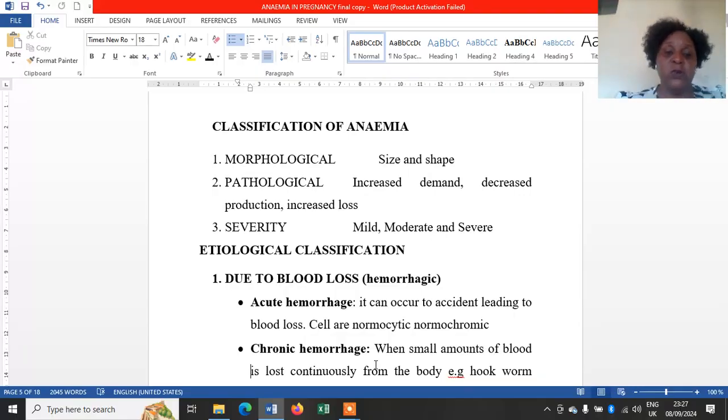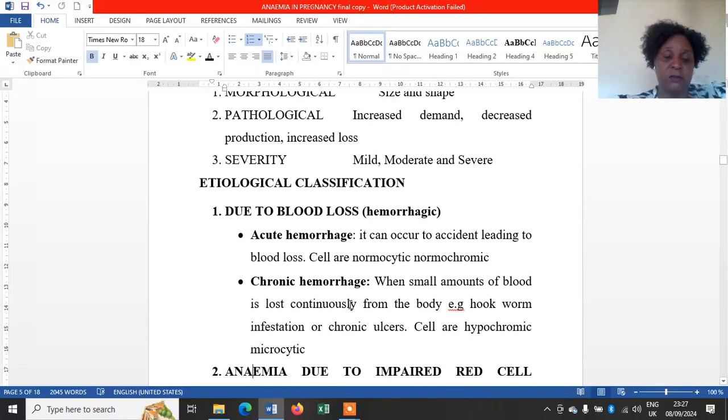Or we can also look at the etiological classification, and here we shall look at 2 or 3. One, due to blood loss. So we are going to classify anemia as hemorrhagic anemia. And hemorrhagic anemia can be acute, which can occur due to an accident leading to blood loss. So here, with an accident, we can say like PPH, that is when the mother has delivered, or a pregnant